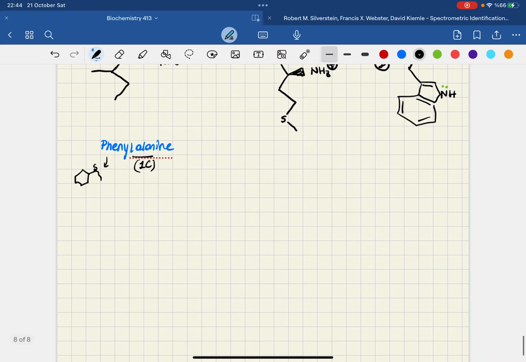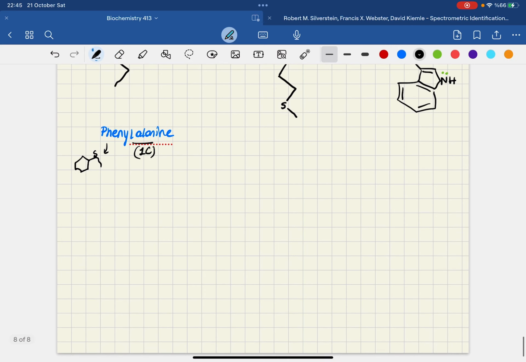So if we combine these two pieces of information, we can easily see that we will have one carbon attached to the beta carbon, and then we will have a phenyl group that comes